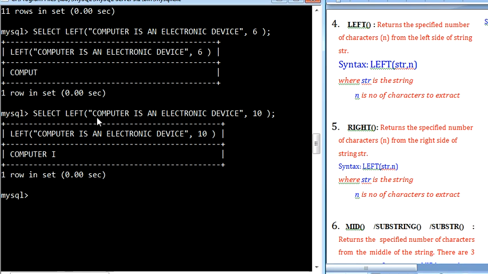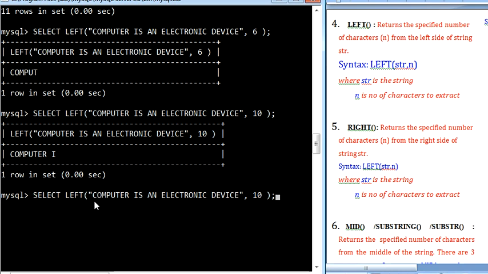Same as our LENGTH function, which counts characters, digits and spaces. In the same way, whenever it has to fetch data, it will include spaces, special characters or digits, and show that many characters. In this case the space is also included.